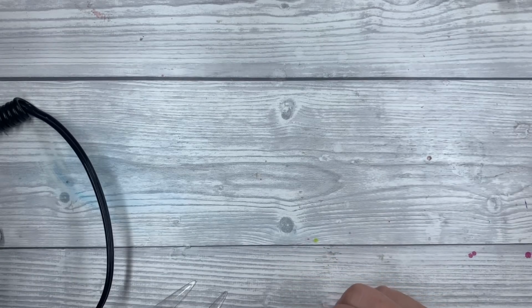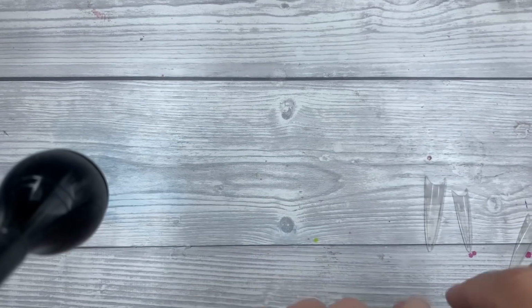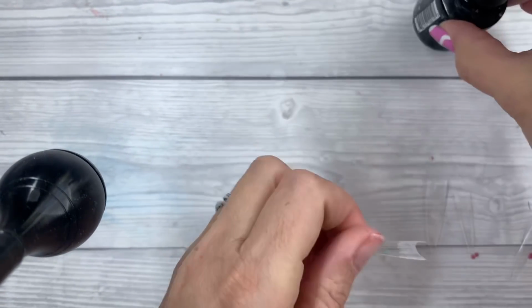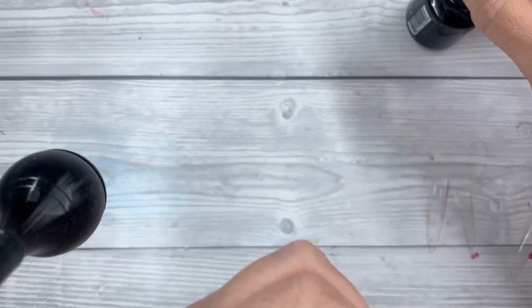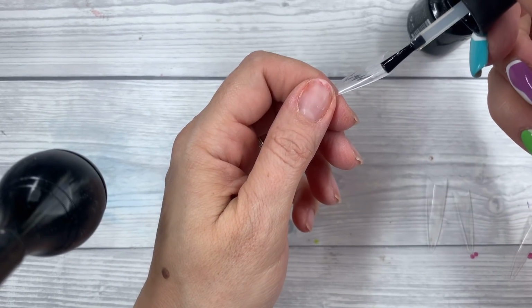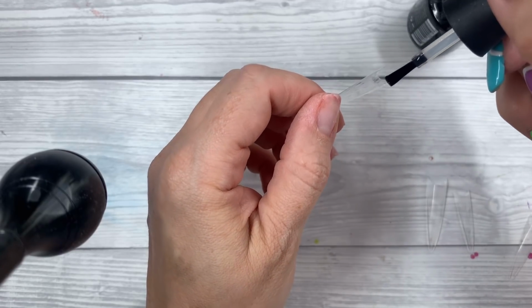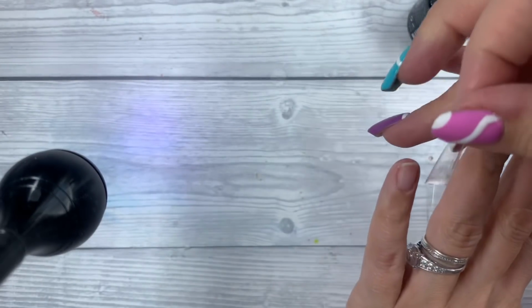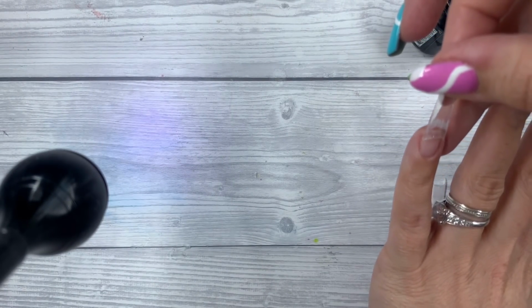I've already etched the underneath of the tips because I apply them using gel. I can't use adhesives, I react to it. So I'll just show you quickly what I do if you've not seen this before. I add a little bit of gel base coat to the bit that I've scored under the nail as if it was glue. I then get it sized up and in the correct place, and then I pop it under